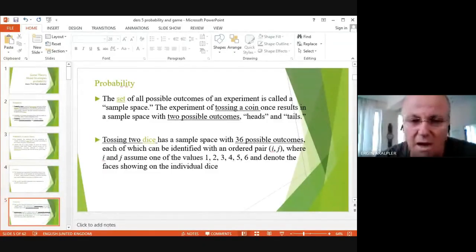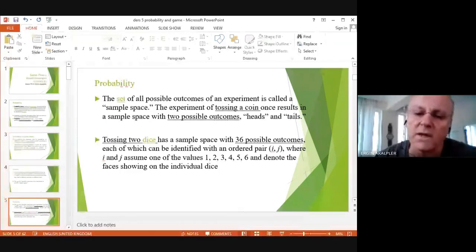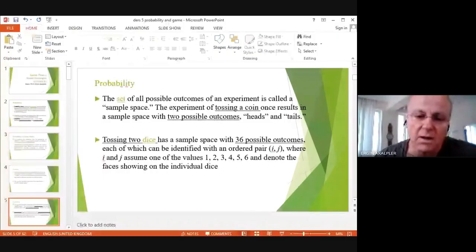Tossing two dice has a sample space similar to the coin. You multiply the possible numbers on each die, and then you have, of course, 36 possible outcomes, each of which can be identified with an ordered pair of I and J, which we are expecting with two dice. Assume I and J take one of the values 1, 2, 3, 4, 5, and 6, which are on these two dice. Then this denotes the face showing on the identical